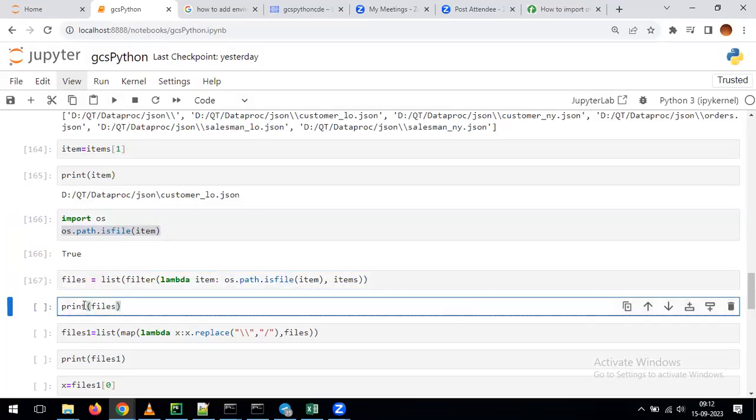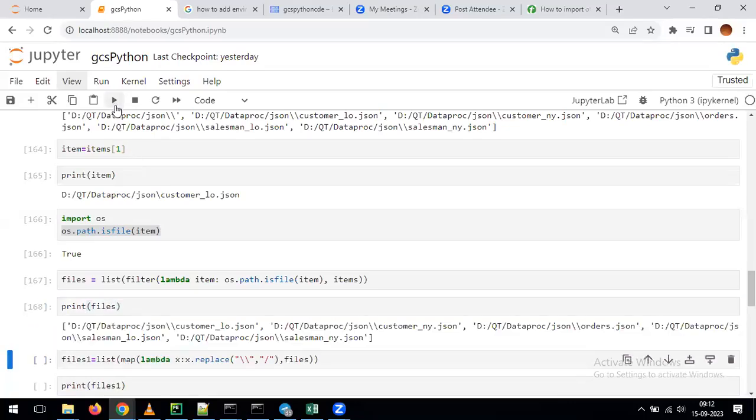Now tell me, if I am given the print of files, what's the value we are going to get? Any guesses? How many values will it display if I am given the print of files? Files. File. Not display files. File. So you see here,